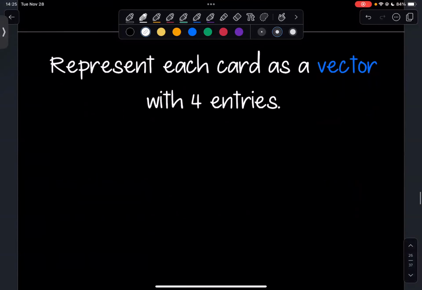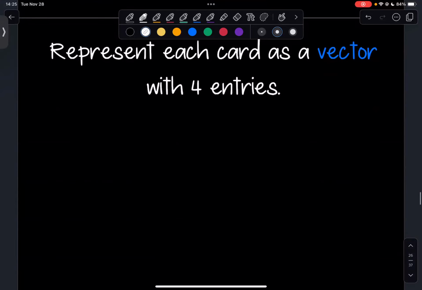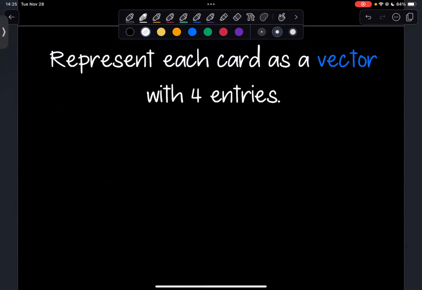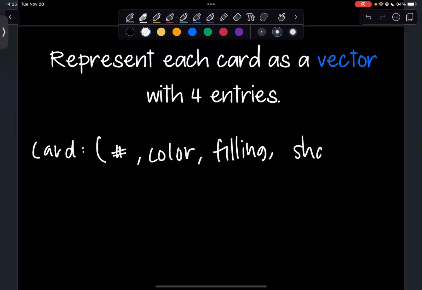Okay, so we're going to represent each card as a vector with 4 entries. Again, the 4 entries are completely determined by the characteristics. So if I had a card here, I want the vector to have 4 entries. The first one to represent the number, the second to represent the color, the third for the filling, and then the fourth for the shape, where I'm going to give them specific values for each attribute in that characteristic so that it completely determines what the card is.